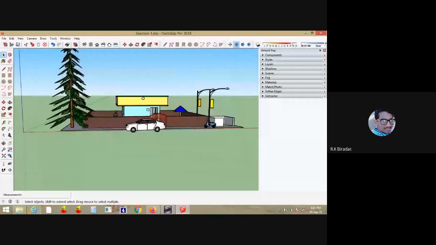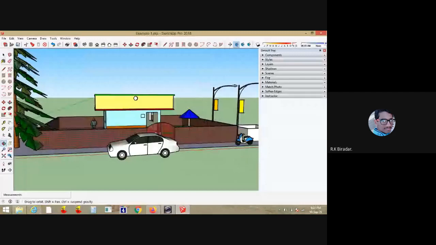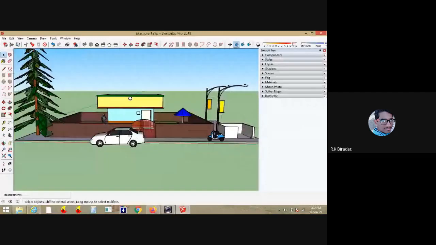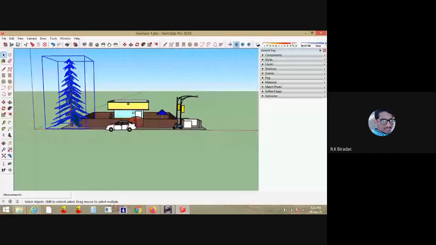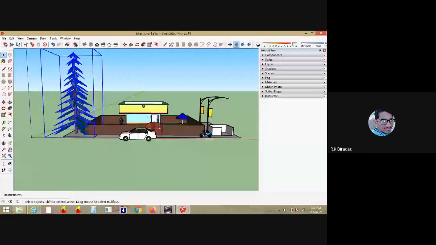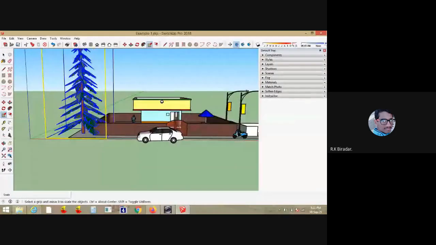Suppose here, if you wish to reduce the scale of any component here, how to do it? This is a component. Just click on it. Here there is an option called as scale. Click on this scale option, the scale tool.